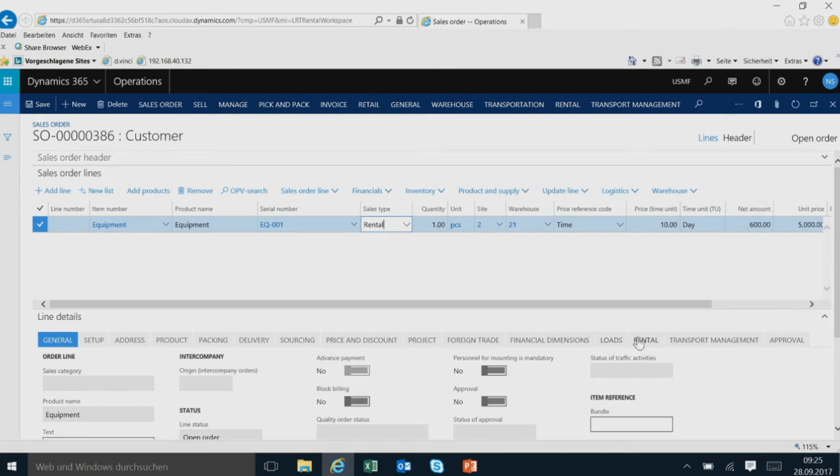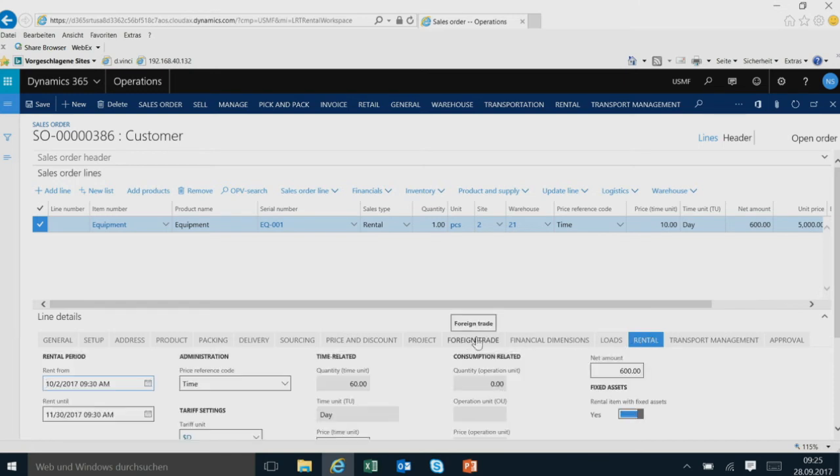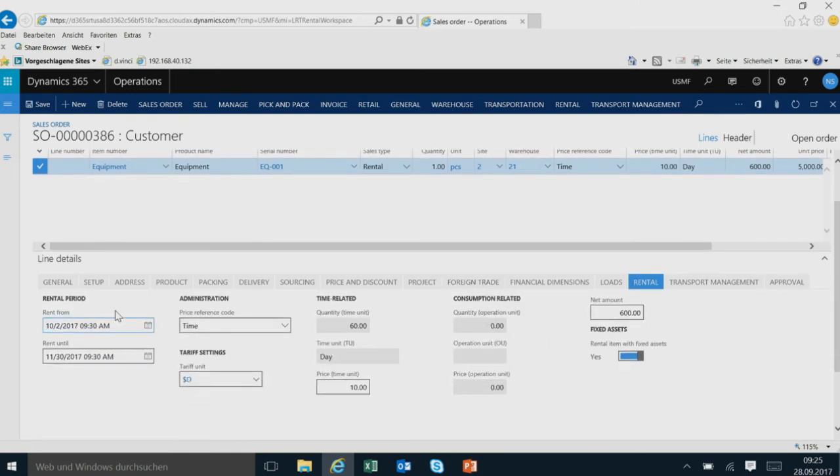There are further possibilities with regards to pricing options. If we take a look here, for example, per line, you can see that the rental period is defined on the header level, but you can change the contract duration per line. That's not a problem. The next important thing is the price reference code. This equipment is usually rented out or provided to the customer simply based on time, related to, let's say, a daily, monthly, hourly, or quarterly price unit. But you could also rent it out by operation unit.